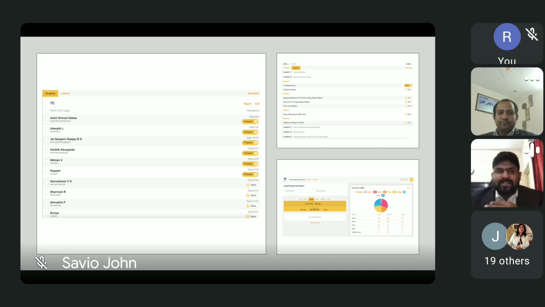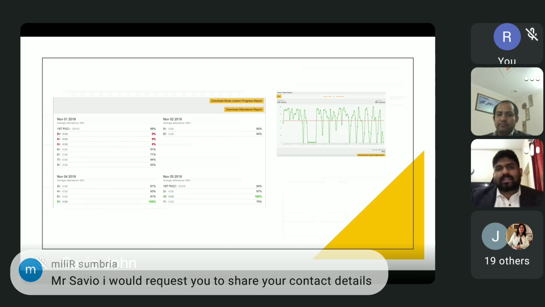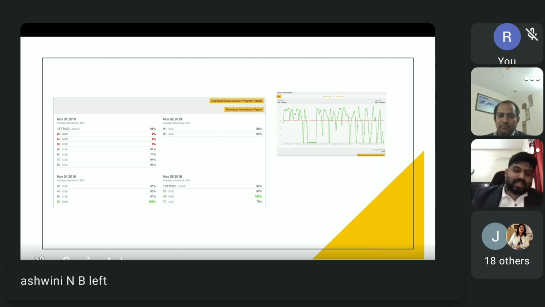And these are some glimpses of the software which we use. On the left hand side, you can see this is the attendance marking. Here we've got the lesson marking, and this is a graphical representation of what is happening in the school, and the attendance and the number of days. So everything you can see happens on a real time basis. What is taught in the class is updated at that moment in the class, and so the principal and the management can get access to all this data immediately.